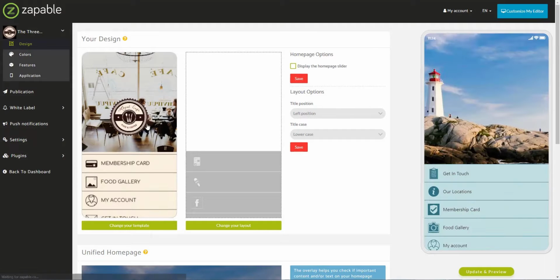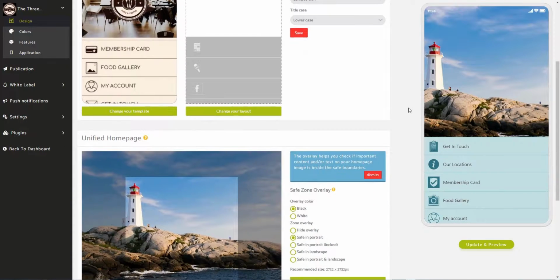And from here you can see that the cafe template would already have been applied, so we would have had that background with that image across the top, we would have had those colors. So you can see I have made some light customizations here on the preview device on the right. So the first thing I would do is I would look for an image which represents the cafe or represents that business. Maybe it's something of significance in the area, maybe it's an internal image of the actual cafe or